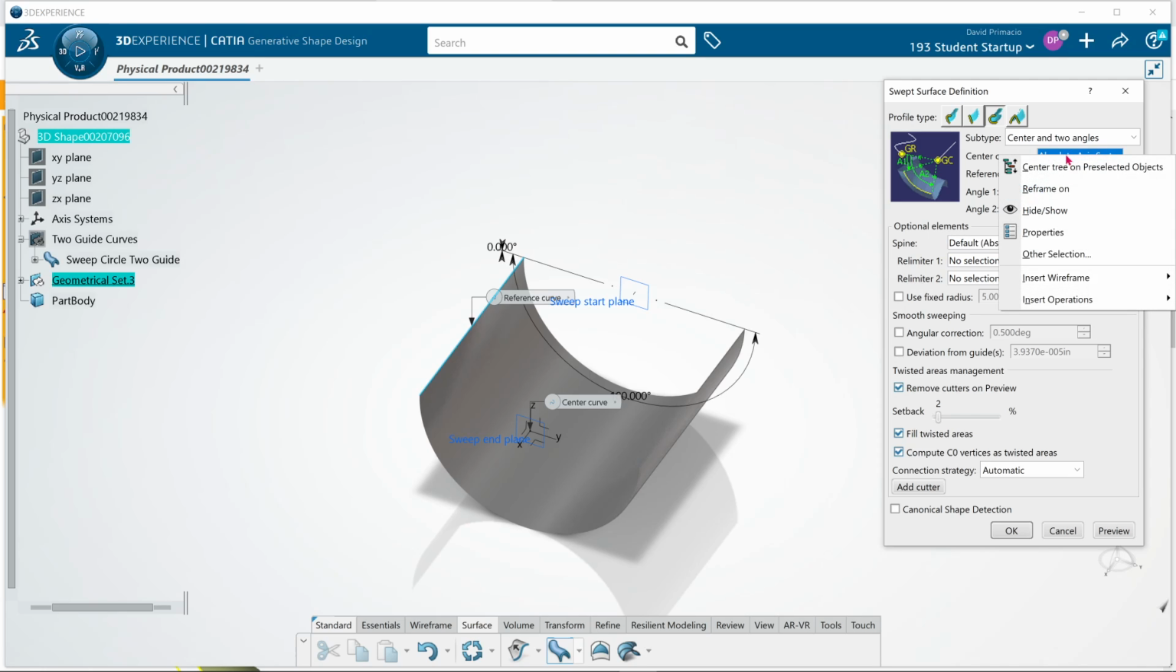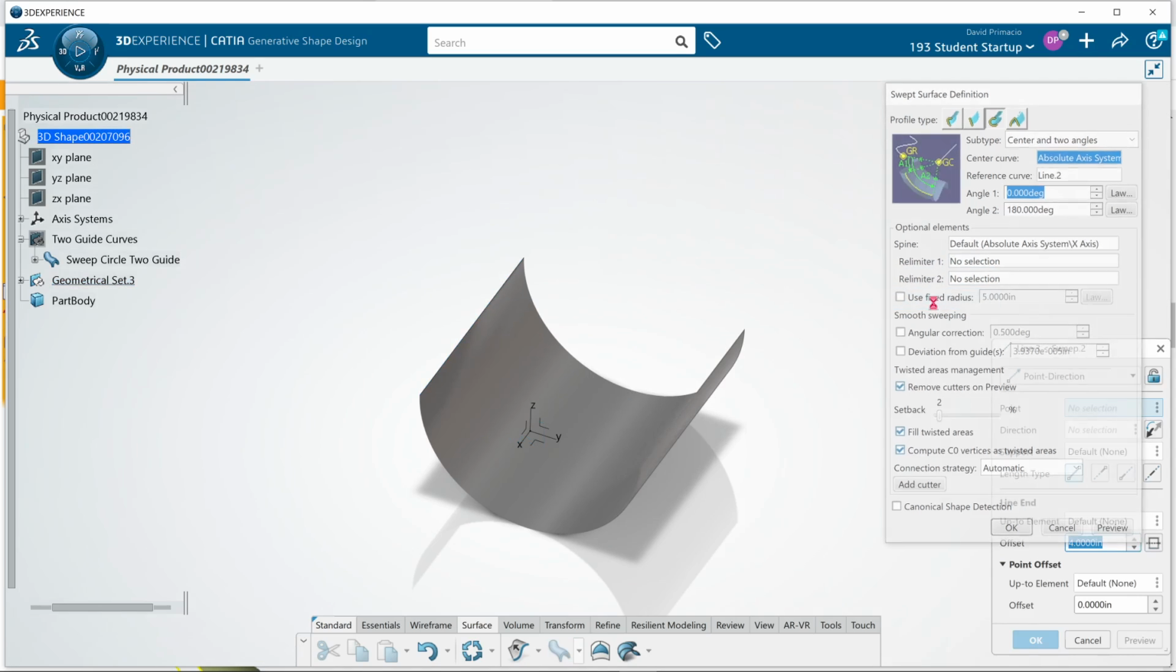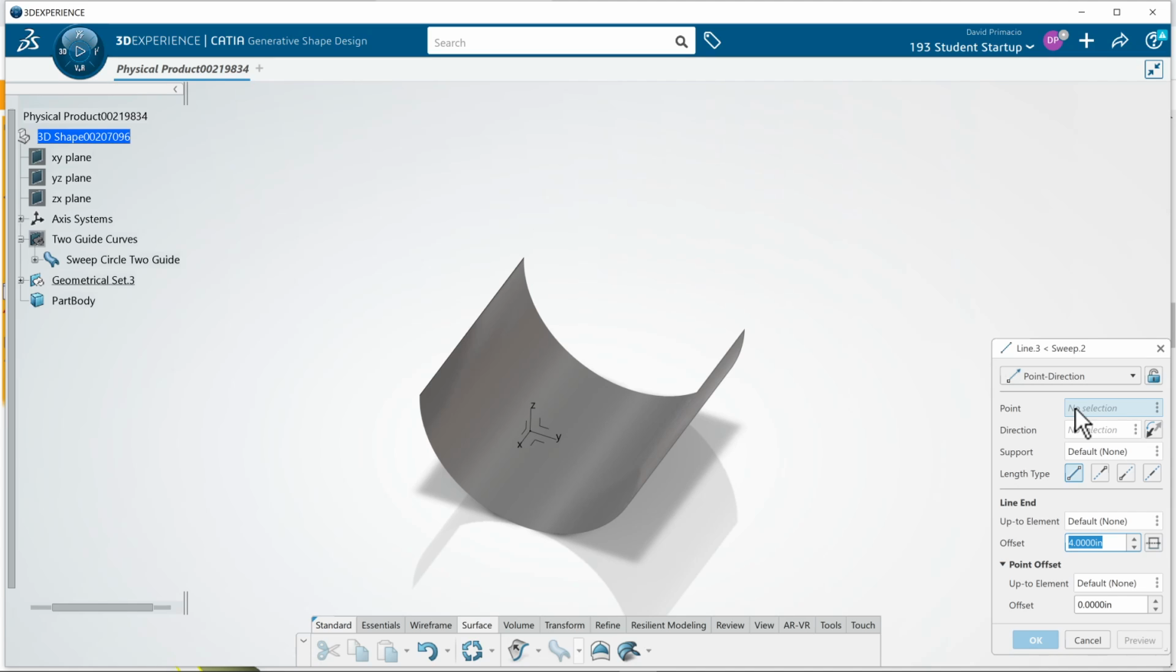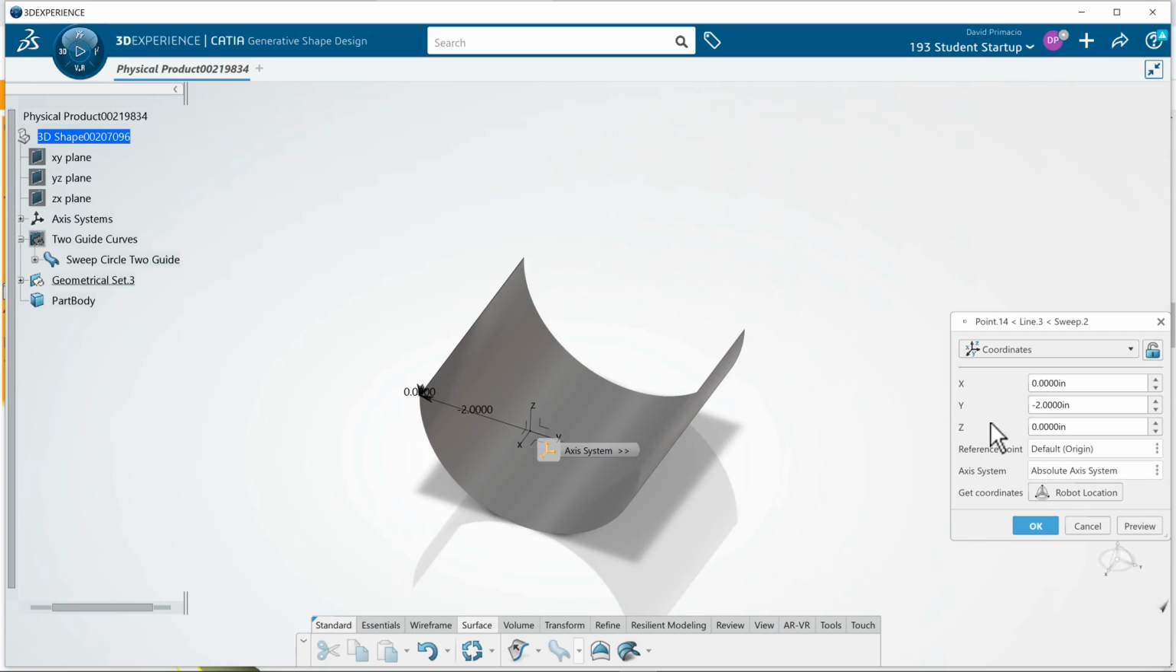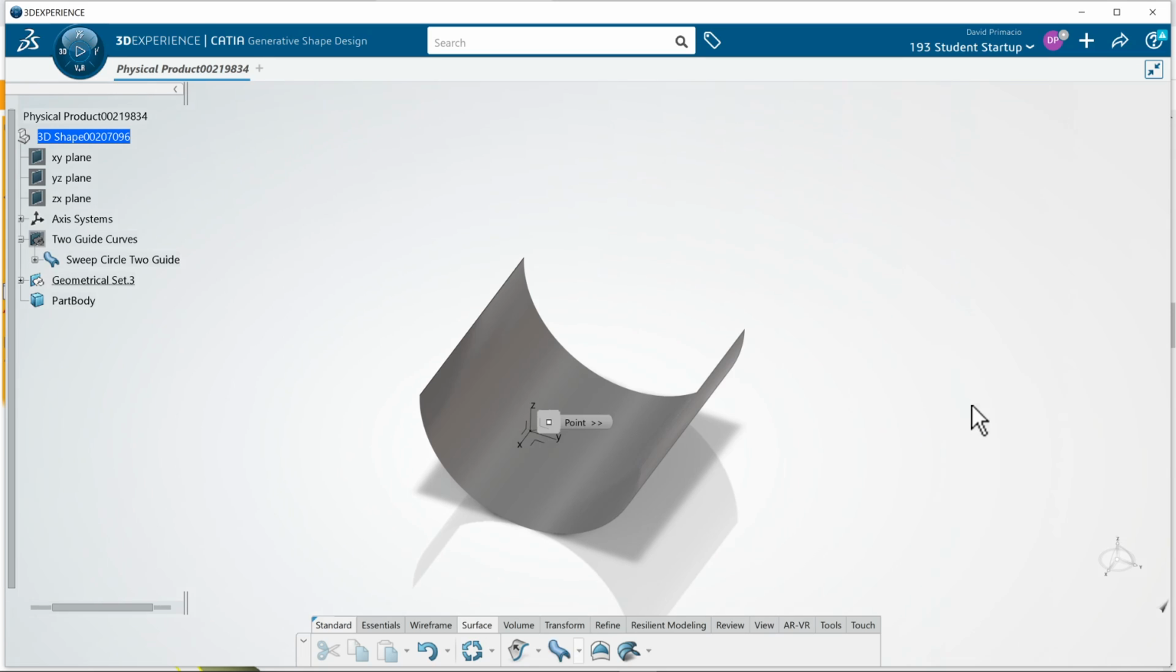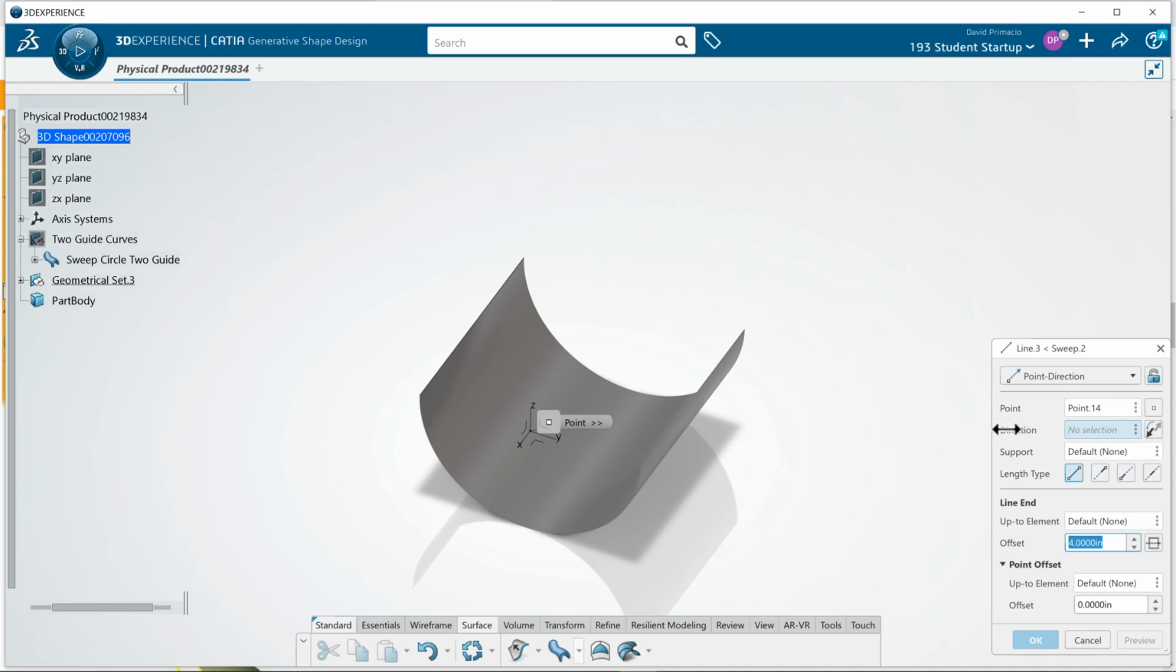For a center curve, I can create a line on the fly. So let's use the line, and the point coordinates will start at 0, 0, where x, y, z is. So I'll just change that to 0. The direction will be the x direction, and we'll reverse the direction again. So my limit line on this outside edge is the same length as my center line. So when I select OK